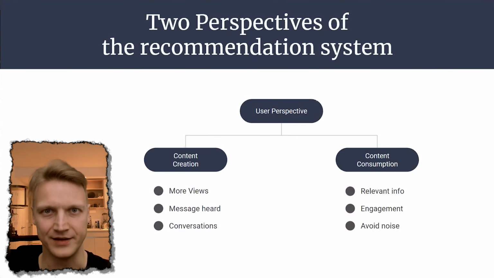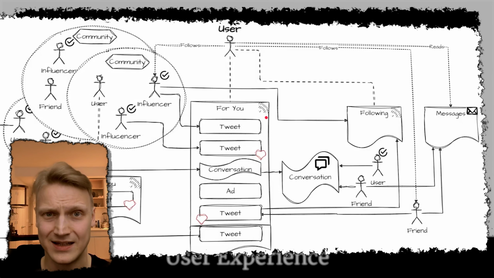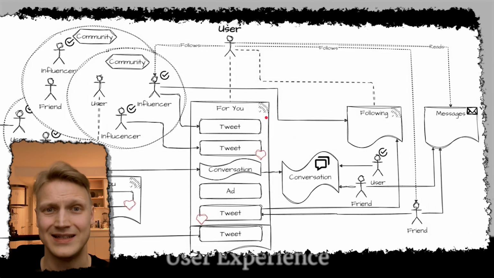To get us started, I want to bring this picture to outline a typical user experience. As a user, you spend most of your time in the For You feed that has become a default view since a couple of years ago. In there, you scroll through the infinite feed in a search for engaging content. You scroll past some content that is of no interest to you, whereas you engage with other content that you find fascinating by liking it, following external links, or participating in conversations. So you're giving the system signals of the stuff that you like, and it takes it into consideration to feed you similar things in the future in turn.